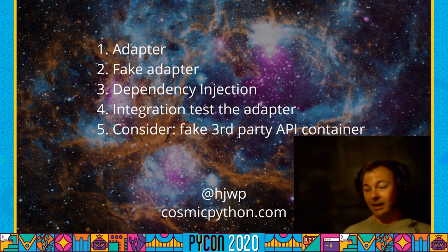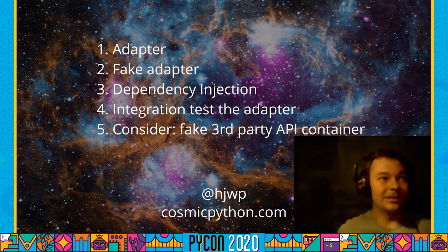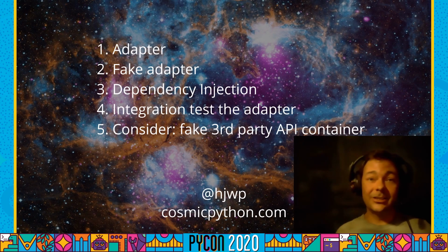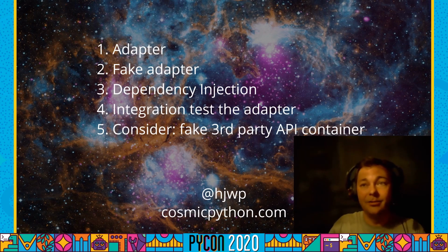You should then try, instead of mocking it out, writing your own fake for it. So write your own fake class that pretends to be the real third party, and it's often a simple in-memory collection of some kind. So try doing that, and then try using dependency injection instead of using unittest.mock.patch to replace things, and you might find that this buys you more readable tests.